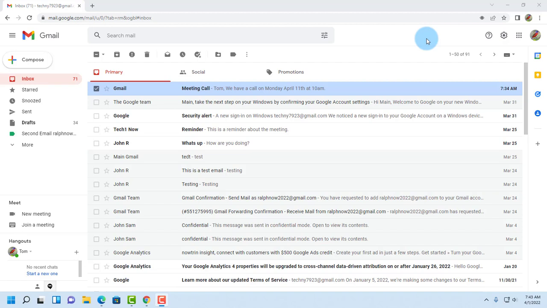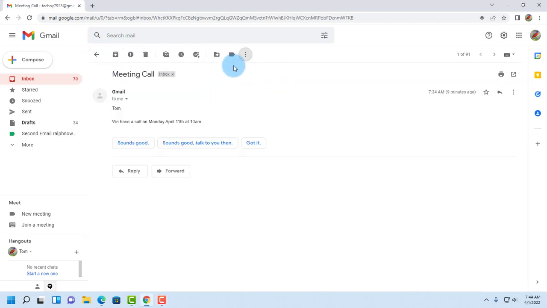I am going to create a calendar event from an email. So I'm going to open the email. On top of the email, there are three dots on the right side. Click on the three dots, scroll down, select Create Event,